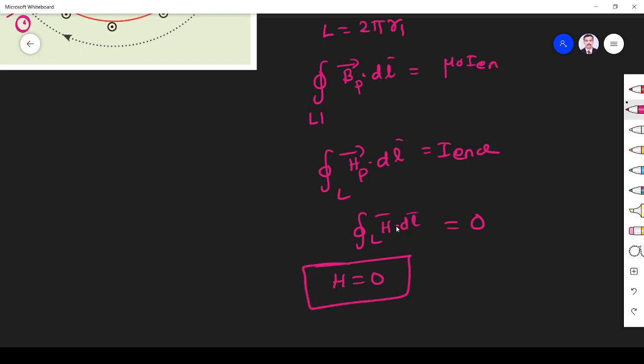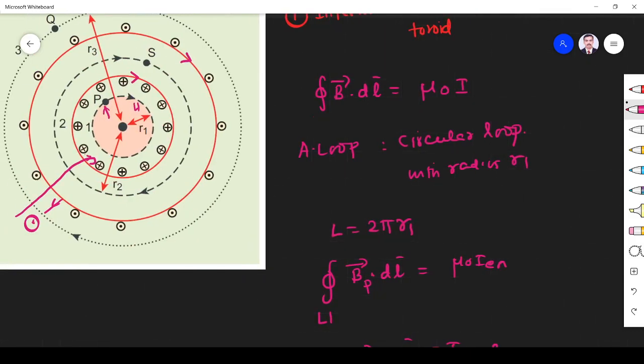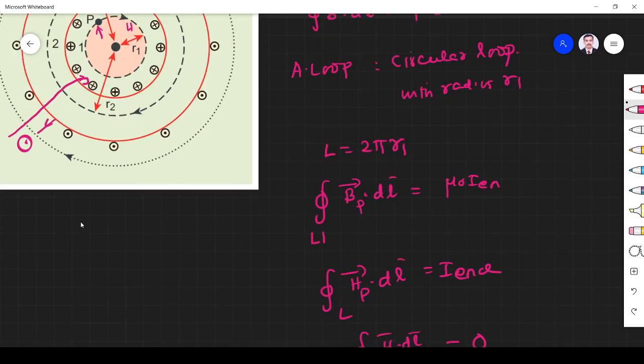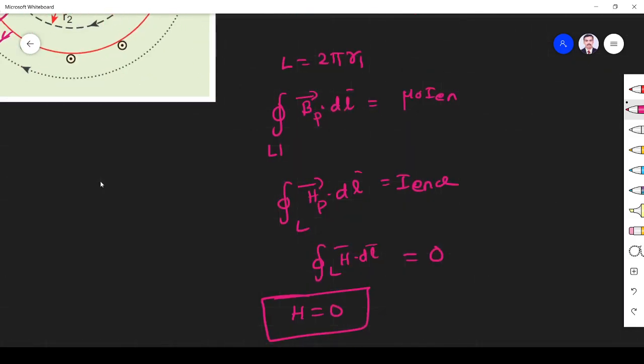right? So even though H and dl are in the same direction, you see what is the direction? This arrow mark is the direction of the magnetic field. dl will be tangential to the magnetic field line. So both H and dl are parallel. So H dl parallel means, what is H dot dl? It is H dl cos 0. Cos 0 is 1, so H dl. Fine. So H dl 0 means H is equal to 0.